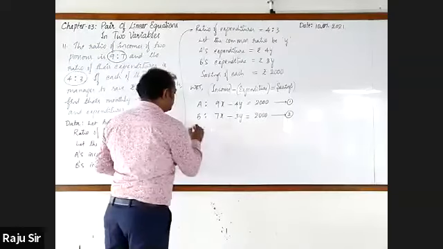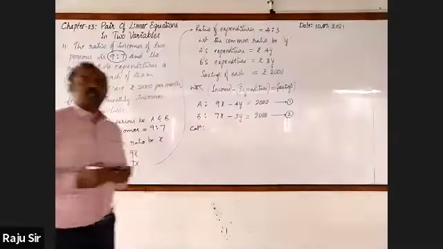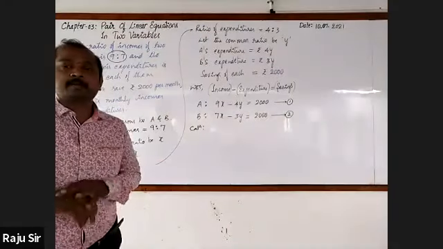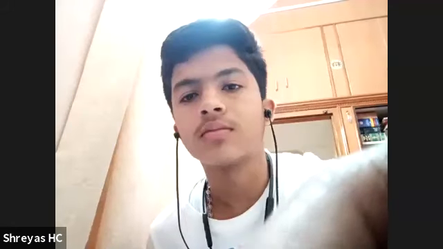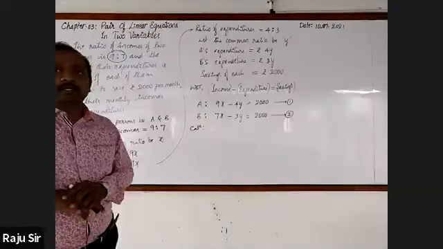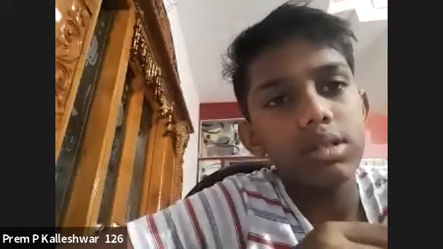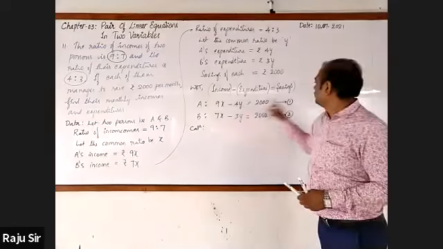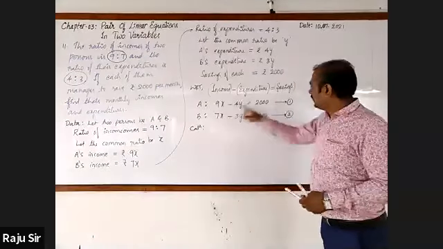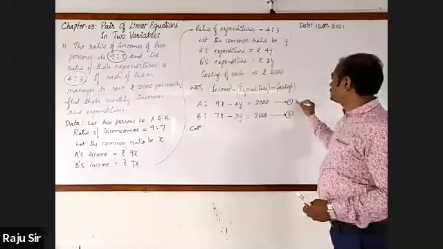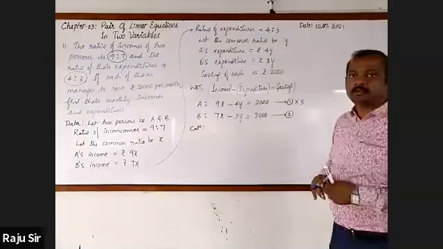Now we'll move on to calculation. How do you go for solving x and y from these two equations? By which method? Elimination. Is it necessary to multiply the equations by any number? Yes, 3 and 4. Very good. Multiply the first equation by 3 and the second equation by 4. Let me take small numbers.